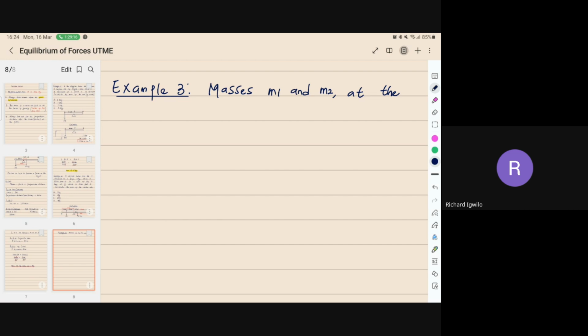So now we have that masses M1 and M2 at the 20 centimeter and